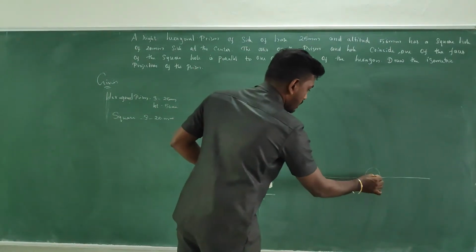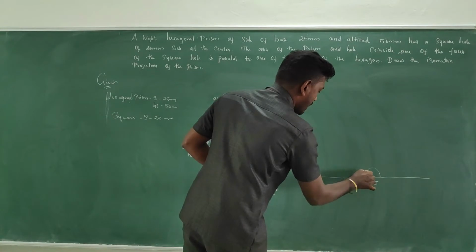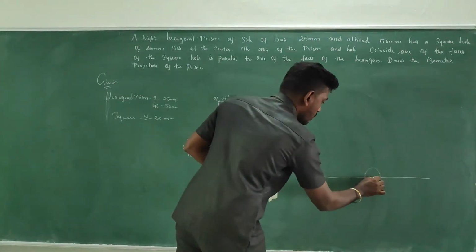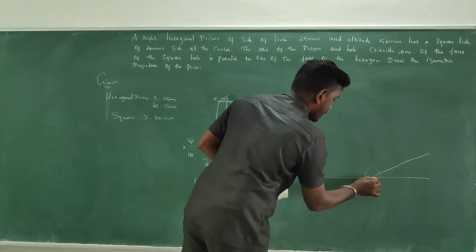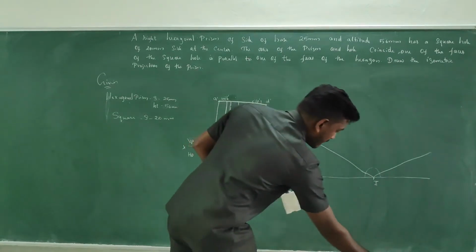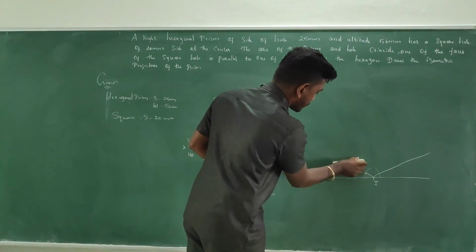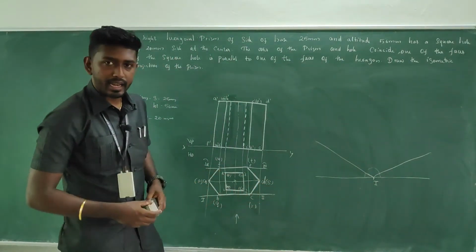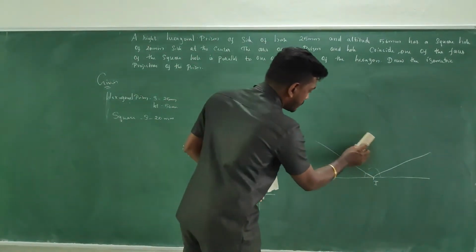So this is first. From this, measure 30 degrees to the left and 30 degrees to the right. Go for a 30-degree line. Here as well, go for a 30-degree line. So this is how the line will pass. Okay, the 30-degree line.